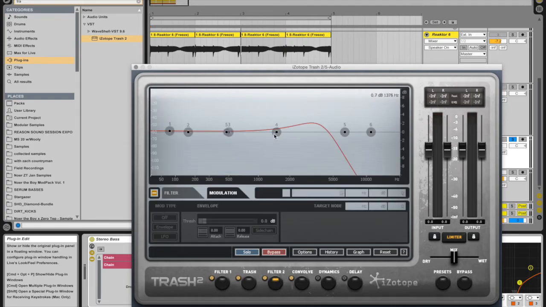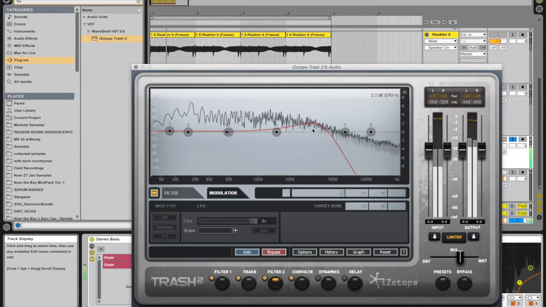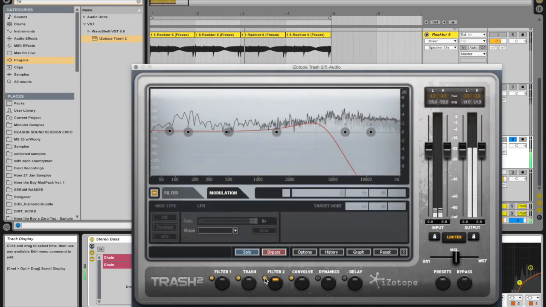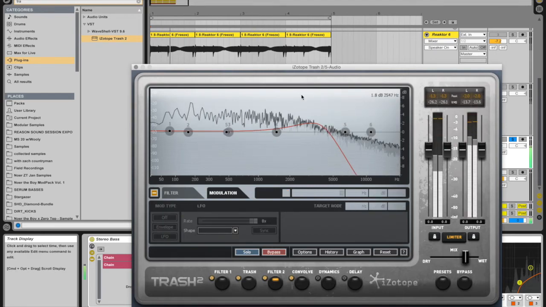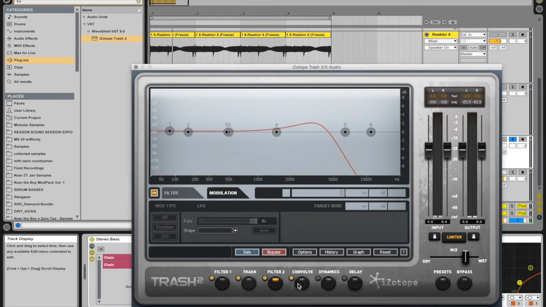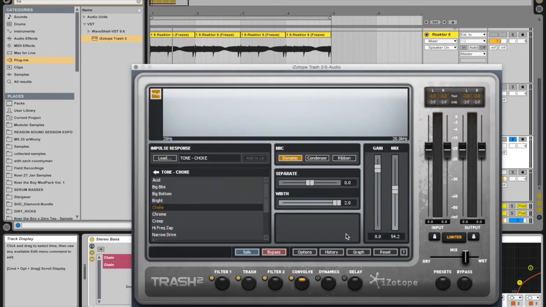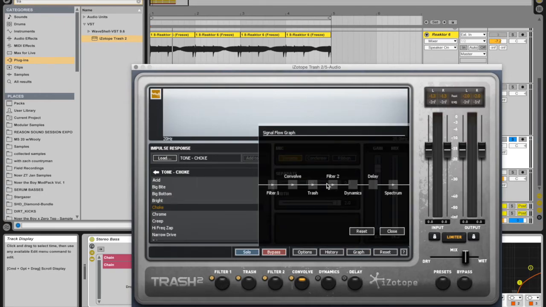And from there, I went to filter, and I have just a bit of a low pass going on because the sound was a bit over the top. So I'm just using this to filter out those really intense upper frequencies. Then I went into Convolve here, and I chose the choke impulse response, and then I went ahead and boosted this width, so I got 2 times stereo. I turned down the mix slightly, but then what I did was, like I said earlier, I moved the Convolve in front of the trash, because if you hear this with the Convolve after the trash,